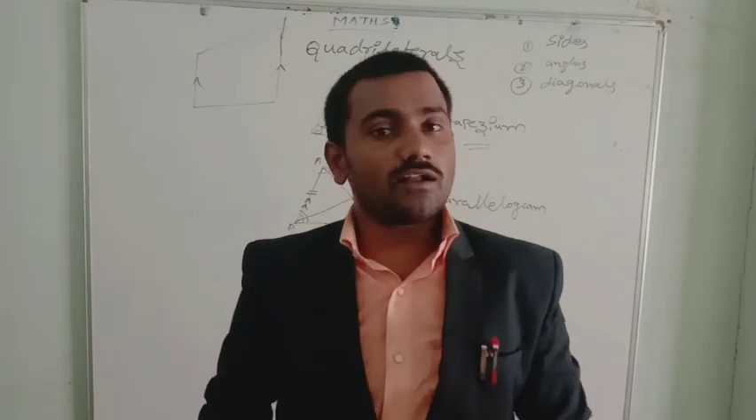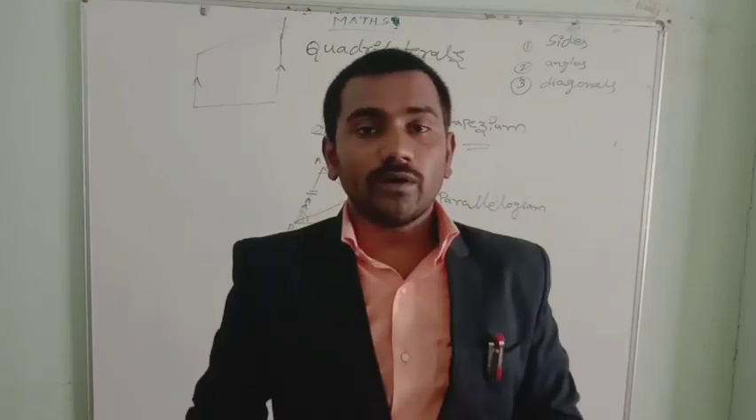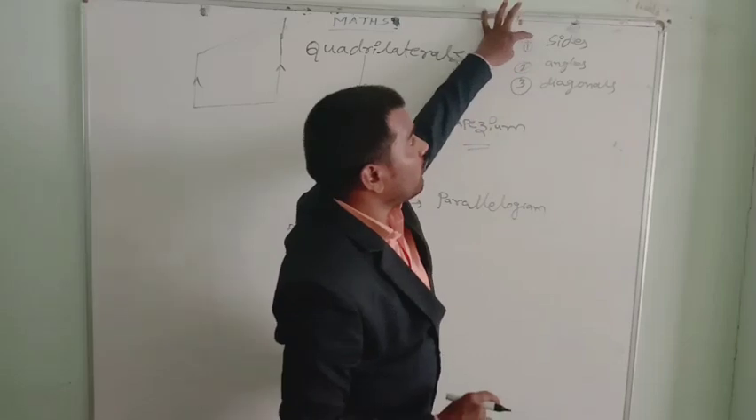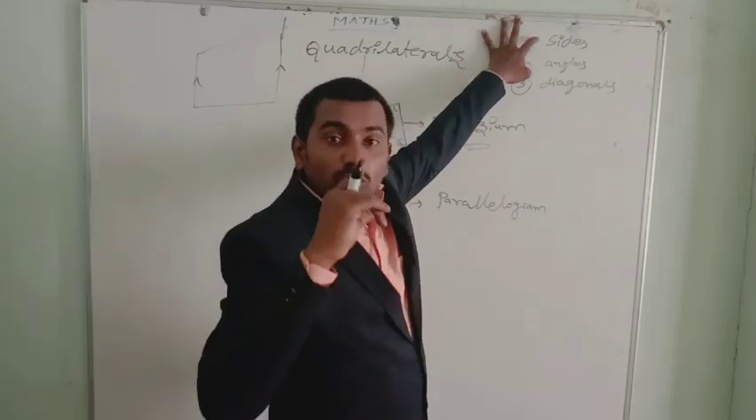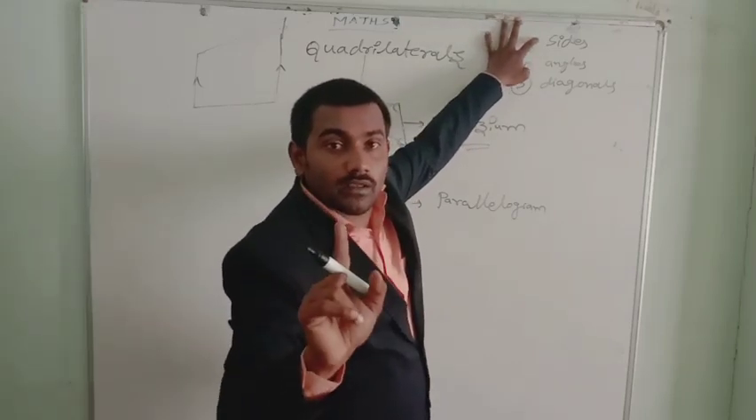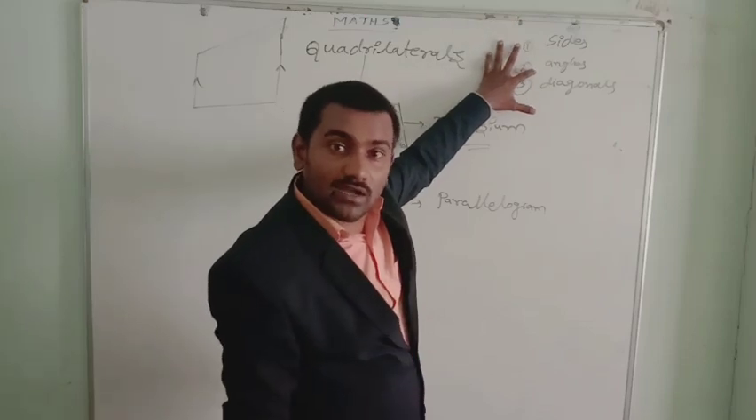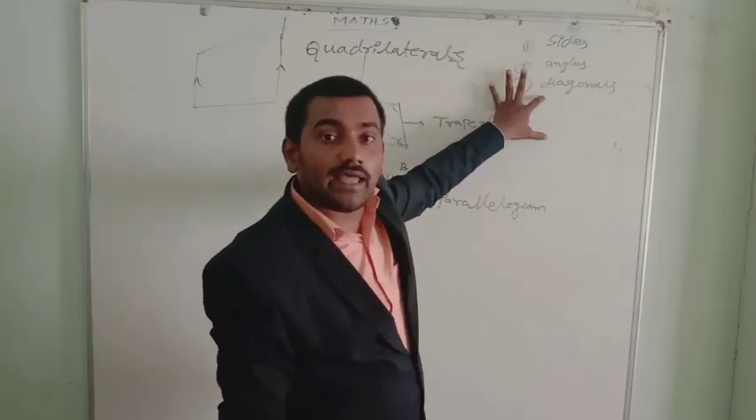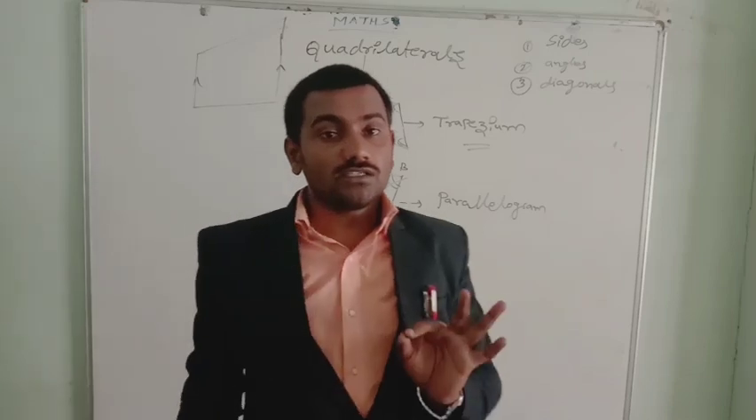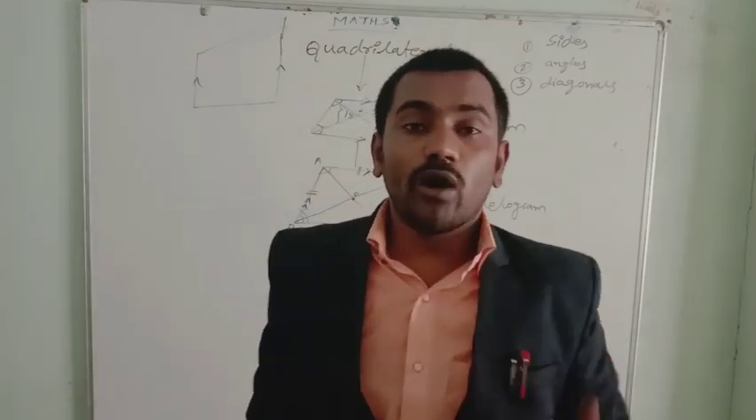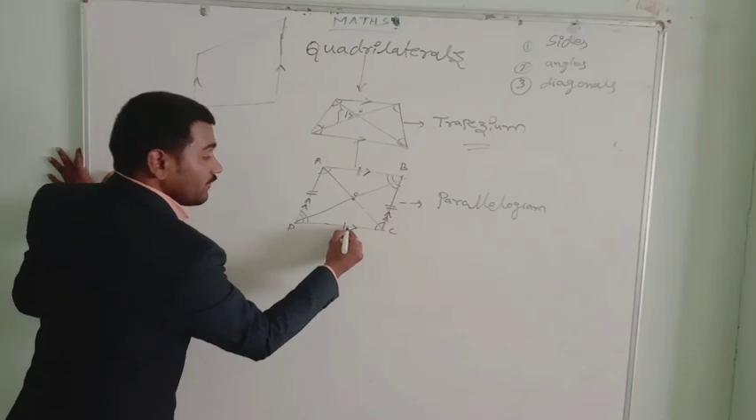So to tell the definition of the parallelogram: a simple closed figure bounded by 4 line segments, having opposite sides equal and parallel, opposite angles equal, and diagonals bisecting each other, such a quadrilateral is known as a parallelogram. Next we will know about